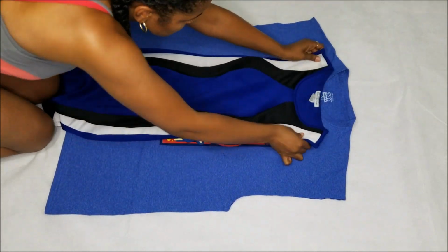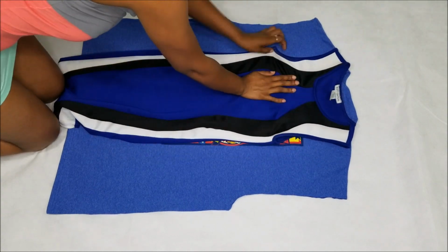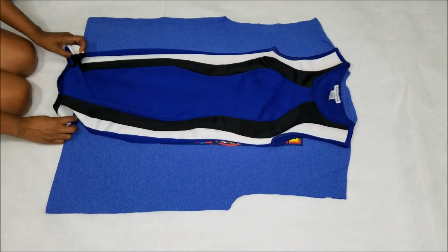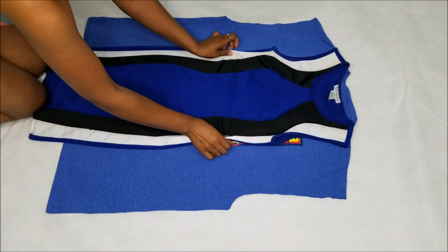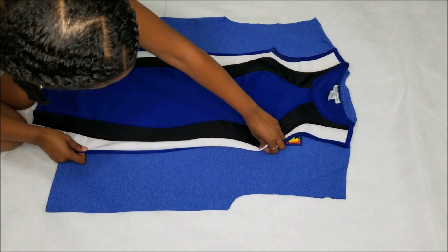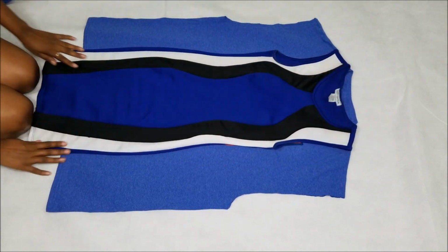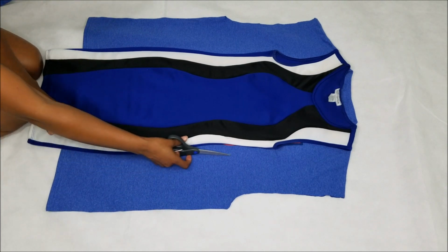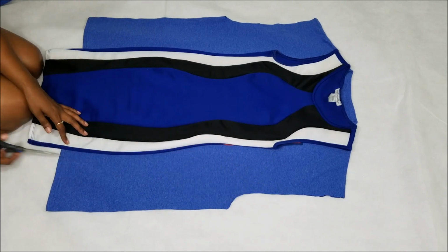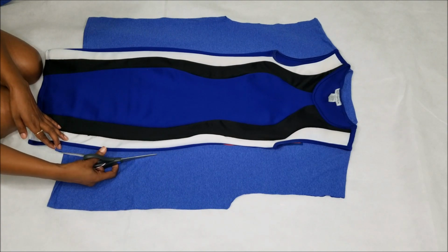Next, we're going to lay our body fitting dress. Now since shirts stretch, I wanted to make sure that I chose a dress that kind of stretched, so that way we got that same feel once we put it on. And I'm simply laying it right over the top of the t-shirt, making sure that the fabric is stretched out as far as possible. Now I'm going to cut along the dress, leaving a 1/2 inch to 1 inch seam